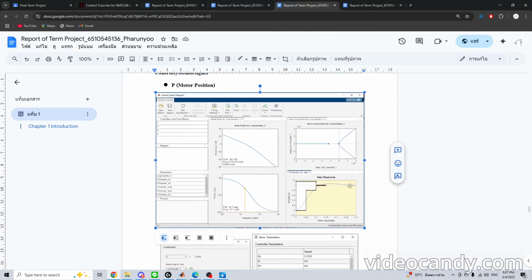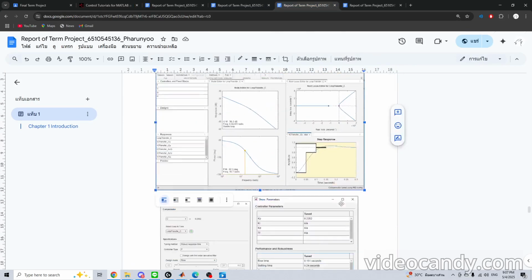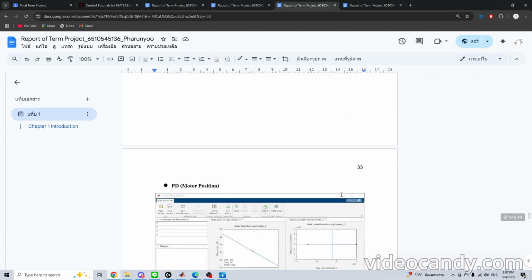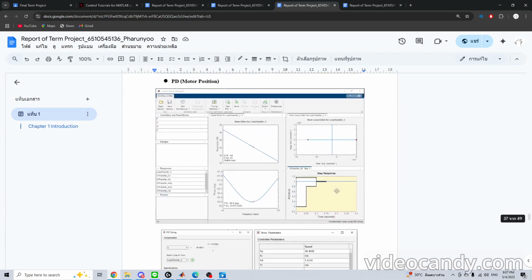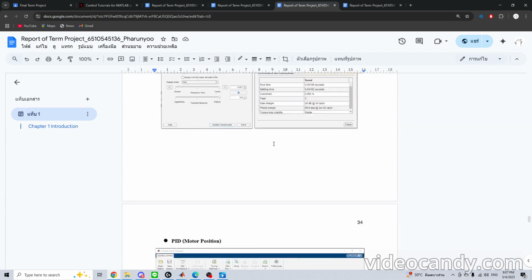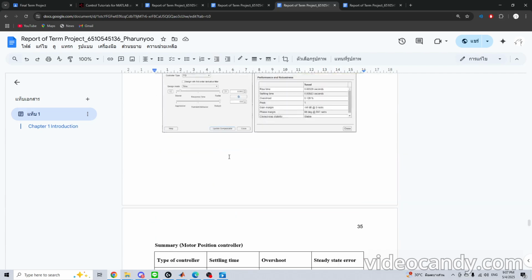Like this one is the P and PI, PD motor position, PID,